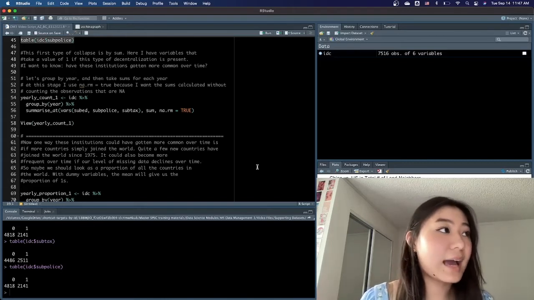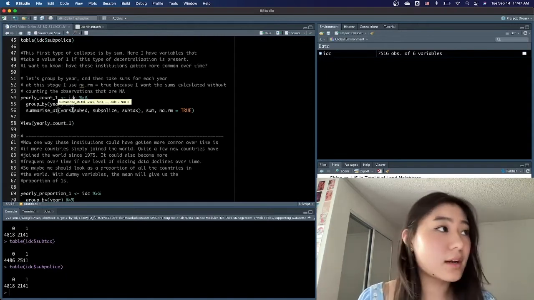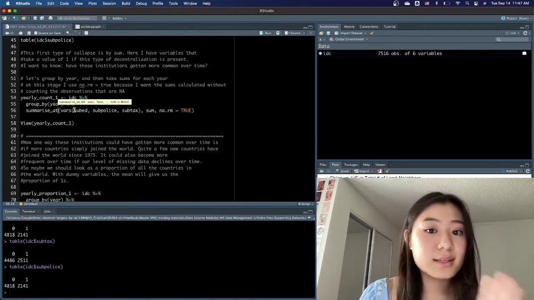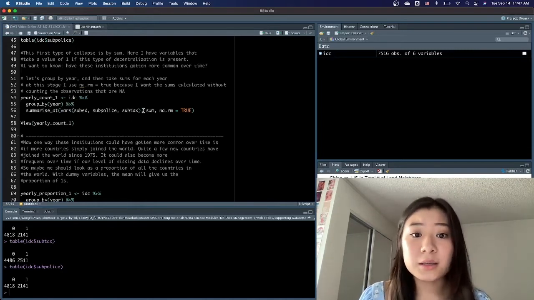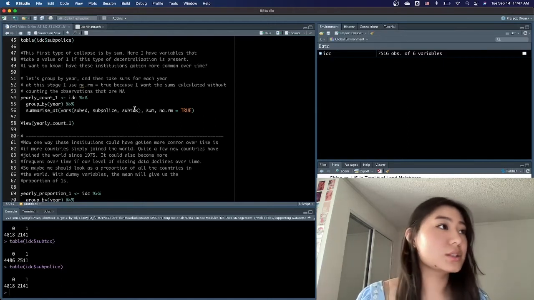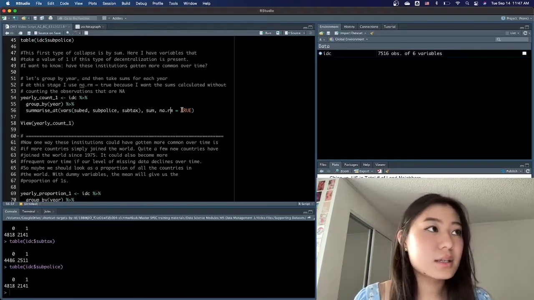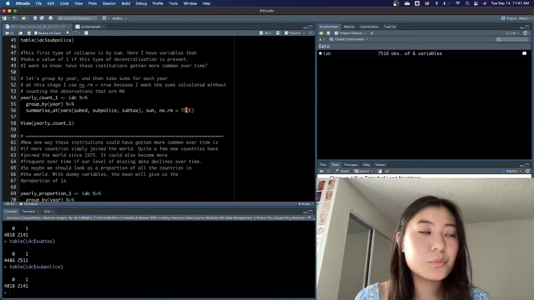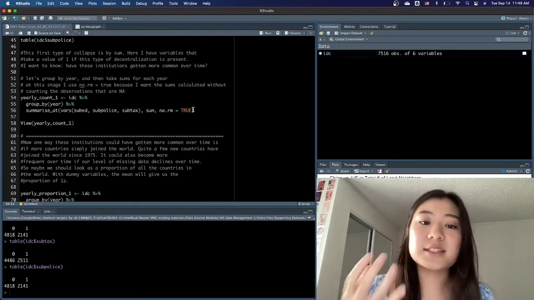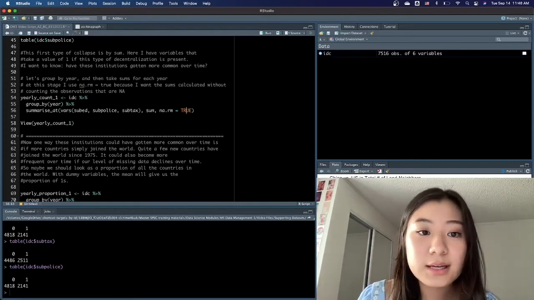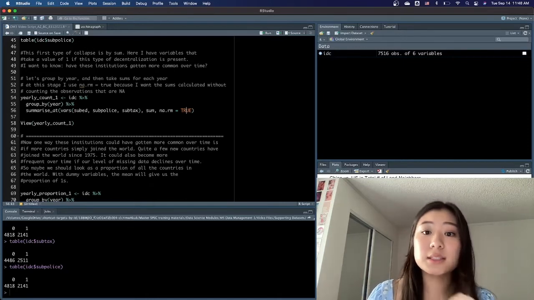We're going to use the summarize at function here on line 56, and we're going to tell R the variables we want to work with, which are these three: subed, subpolice, and subtax. We are taking the sum of each variable, and the last thing we're going to do is tell R that NARM equals true. So when we're adding these all up, R doesn't know how to add NA as a number, so we will have to tell R how to handle these NA values. Here we're just telling R, just ignore all the NAs and add up all the zeros and ones that are there.